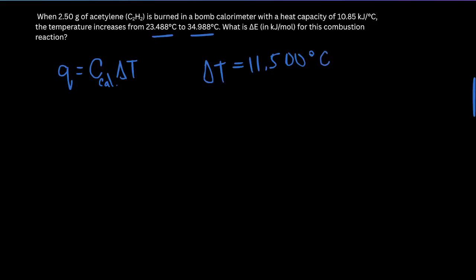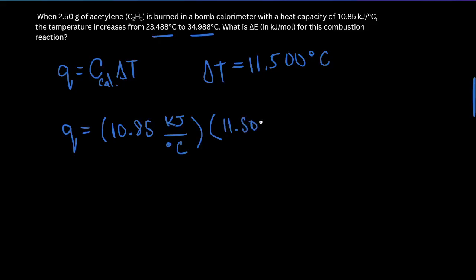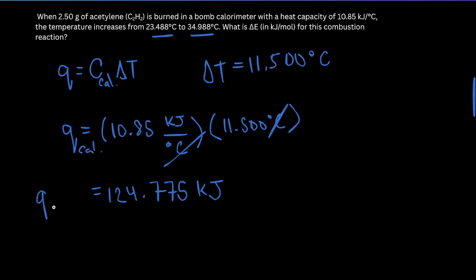So now let's calculate the heat absorbed by the calorimeter. We can find this heat absorbed by the entire calorimeter setup in a bomb calorimeter. We're going to use this formula, right? So this heat Q is going to be equal to our C cal, the heat capacity of our calorimeter, which we're told is 10.85 kilojoules per degree Celsius. And we found our delta T to be 11.5 degrees Celsius. And so we can cancel out these units of degrees Celsius, giving us our answer of 124.775 kilojoules. And so this is going to be our Q of our calorimeter. So the heat absorbed by the calorimeter is going to be